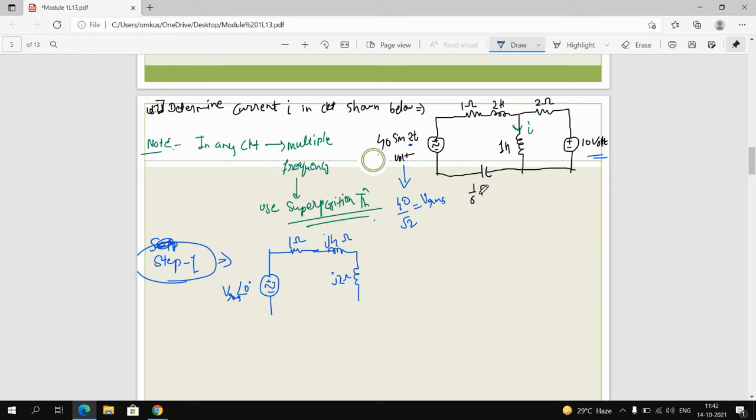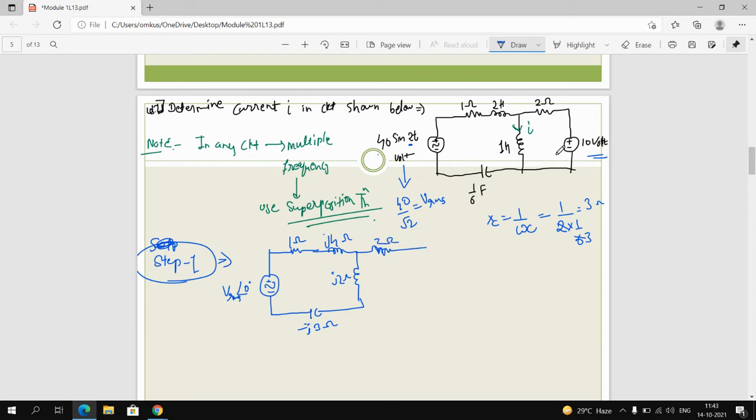Now this is farad. So what is XC? XC is equal to 1 upon omega C, right? So put the value of omega. What is the value of omega? It is 2, right? And the capacitor is 1 by 6. So this is 2 and this is 1 by 6, which is 3, 3 ohm, right? So what is the value of j? XC we will represent as minus jXC, right? So this is -3 ohm. Now this is a resistance which is 2 ohm.